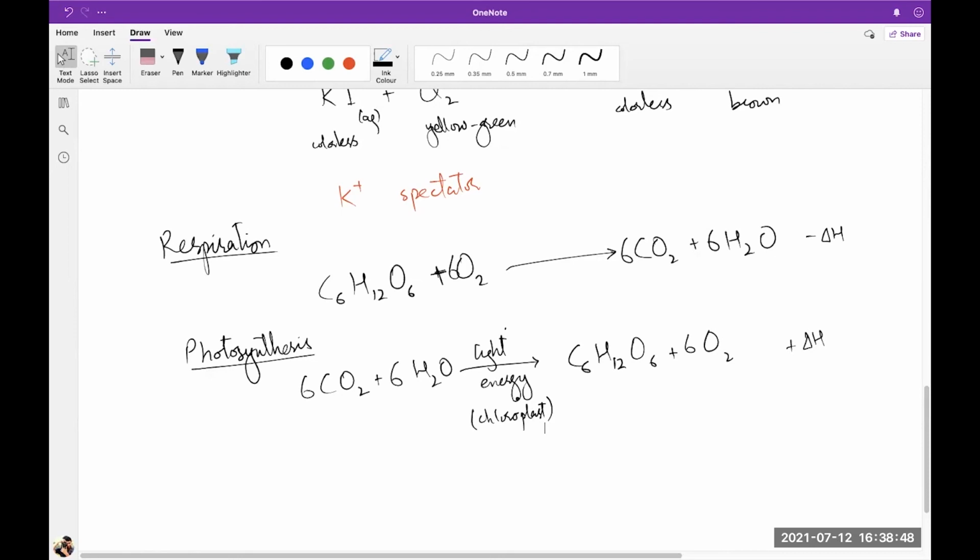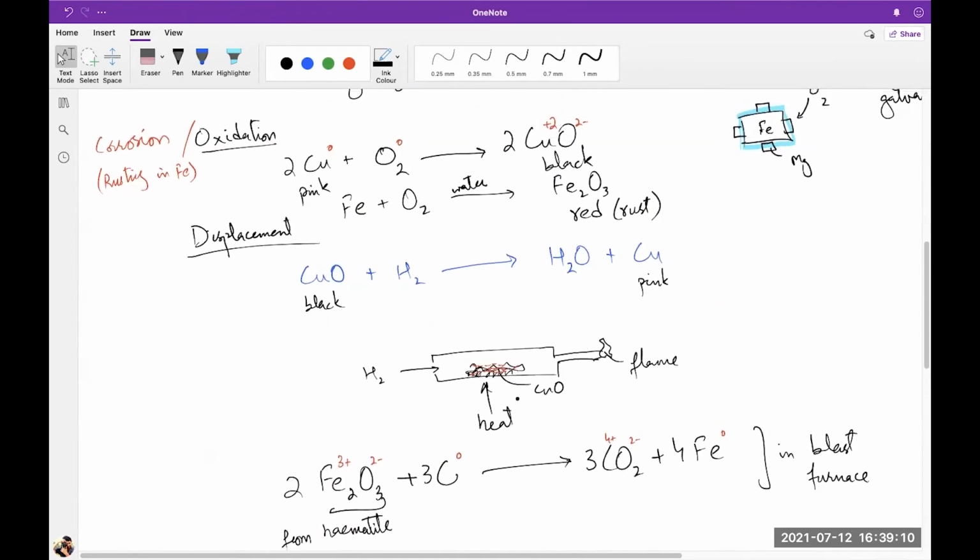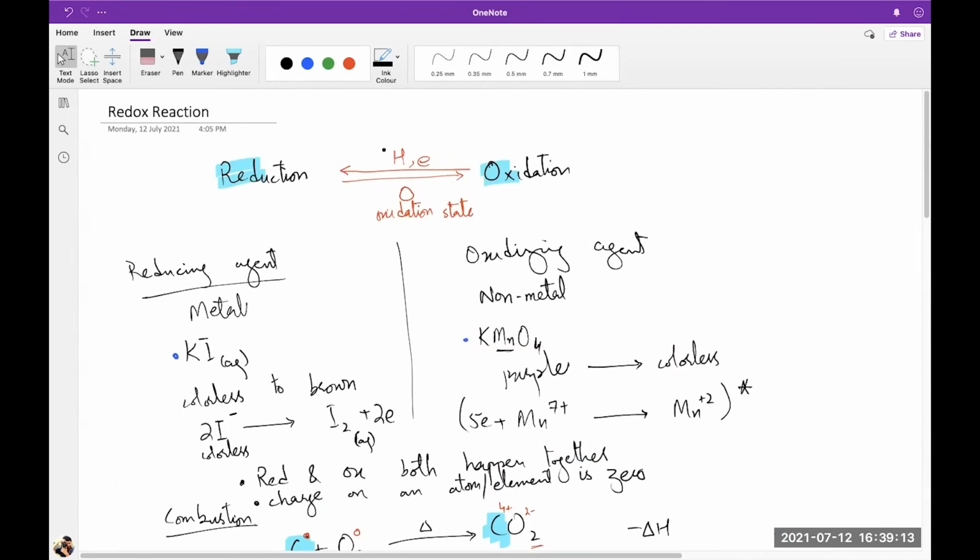redox reactions apply in respiration. Redox reactions apply in electrolysis. Redox reactions apply when you're generating electricity. Redox reactions apply in hydrogenation when we make margarine. Redox reactions apply in volcanic activity in sulfur. So there are many, many applications of redox reactions, but you can identify all of them based on these four things,